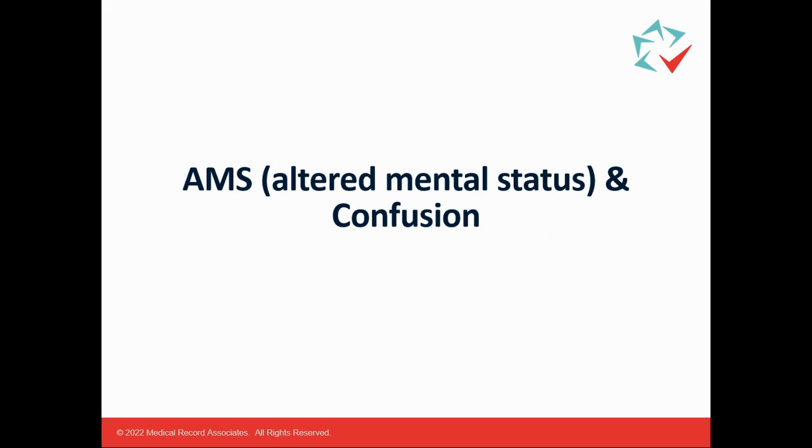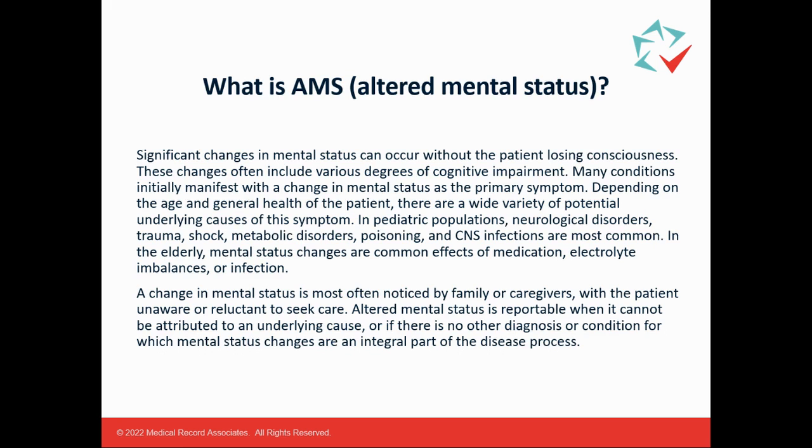Okay, let's also talk about altered mental status and confusion. So what is altered mental status? Significant changes in mental status can occur without the patient losing consciousness. These changes often include various degrees of cognitive impairment. Many conditions initially manifest with a change in mental status as a primary symptom. Depending on the age and general health of the patient, there are a wide variety of potential underlying causes of